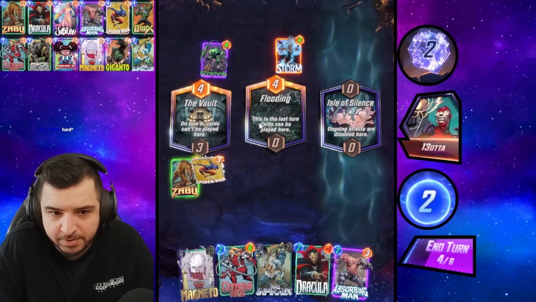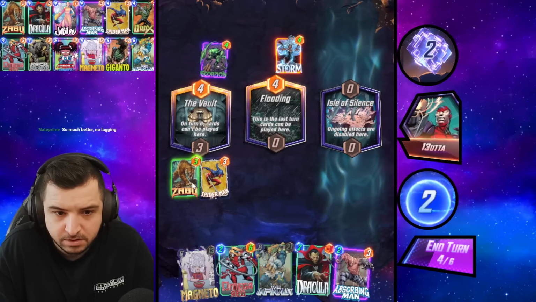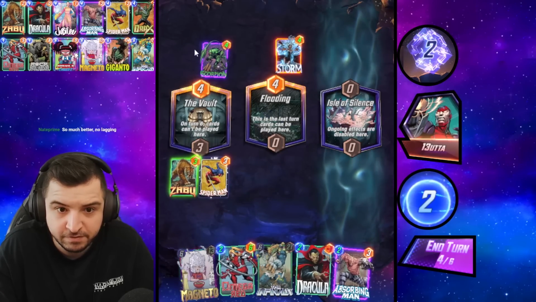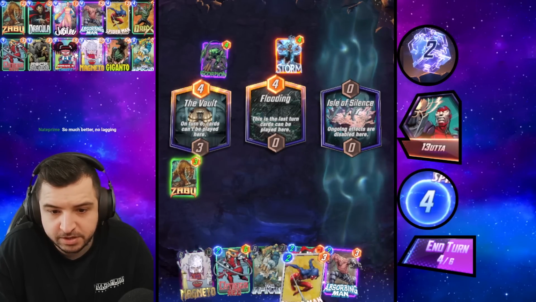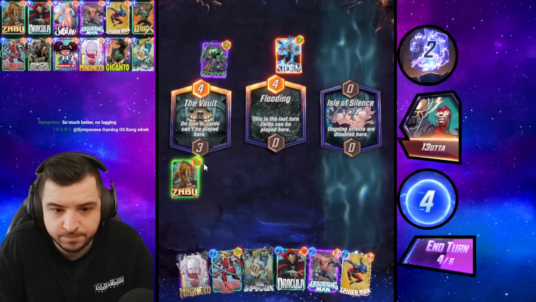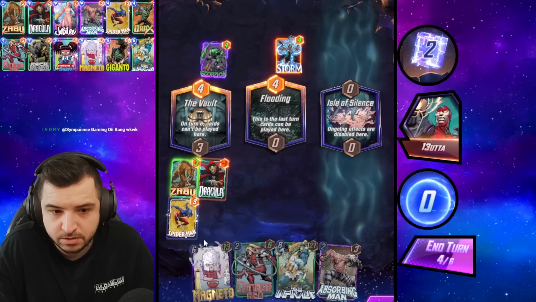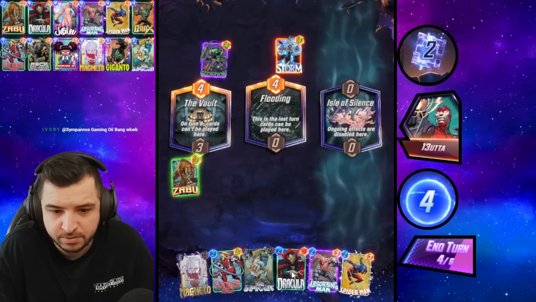I think we actually give up the middle lane entirely. So I'm at 6 points, plus this would put me at 12. It wouldn't get me ahead of the Scorpion. But we're going to Spider-Man. I guess ongoing effects are disabled, so...